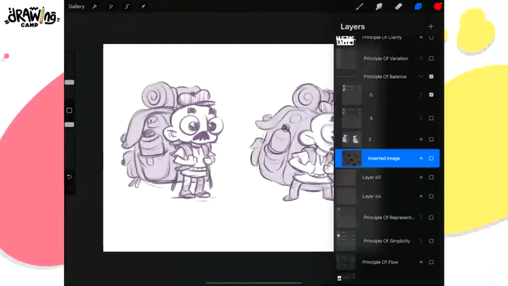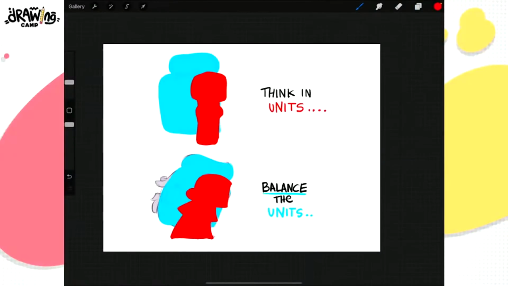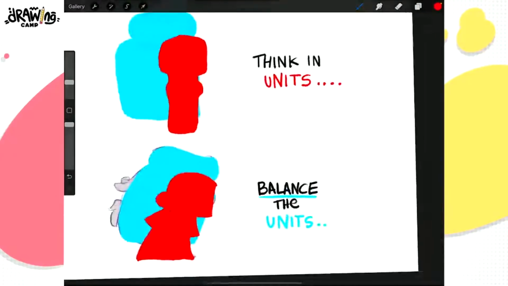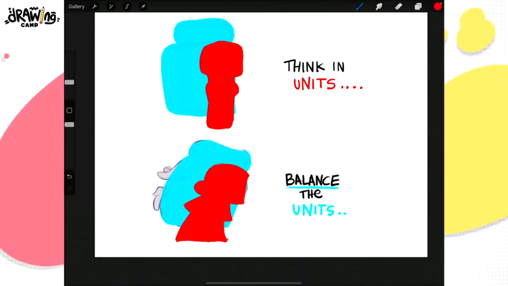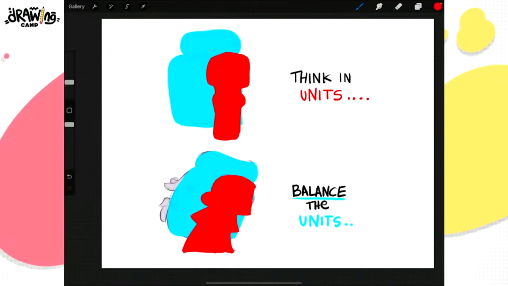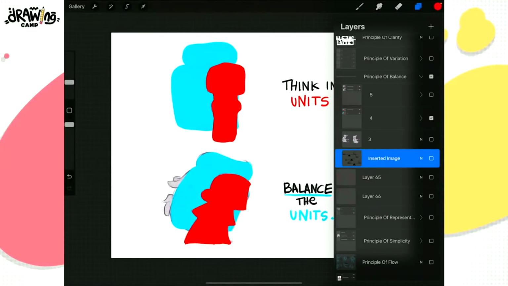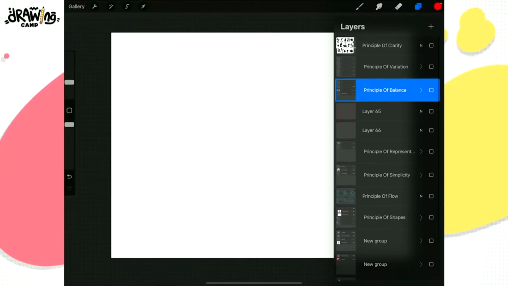So if you do want to balance your characters, how do you do it? You need to think in terms of units. You have different units, different parts, different bags and things like that, and you need to balance those things. Have you stacked rice sacks on top of one other, or school bags? You need to put them in certain places and positions so that it all stands straight. So this is the way it works here as well. You need to think in units and balance units, and that is this principle. There's more to it, but this is what we have here. And then